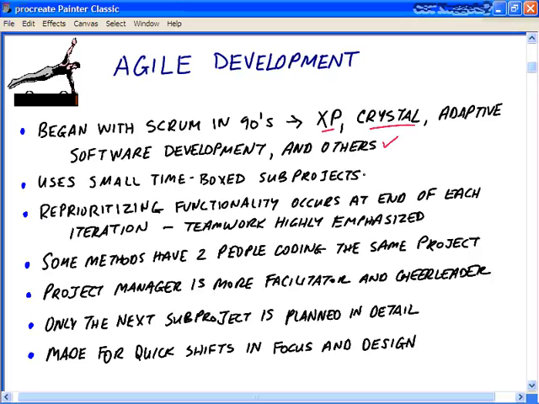These dynamic cycles provide for continuous learning, continuous adaptation to the emergent state of the project. Characteristics of ASD lifecycle vary from the waterfall approach in that they're mission-focused, feature-based, iterative, and they use small, time-boxed sub-projects. They're also highly risk-driven and very tolerant to changes. With agile development, you'll do a reprioritizing of functionality at the end of each iteration or sub-project, and teamwork is